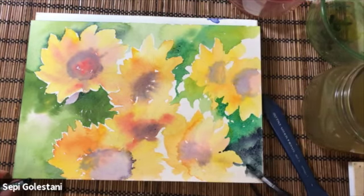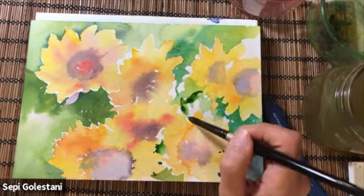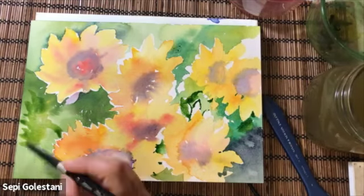As you can see, when I get closer to the flowers, I use the tip of my brush and I'm careful not to go over the petals. I'm gonna let this first layer dry,